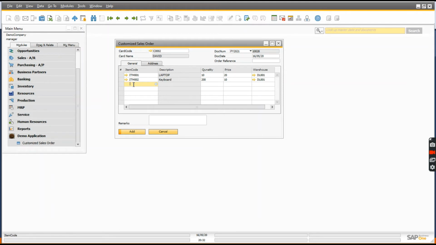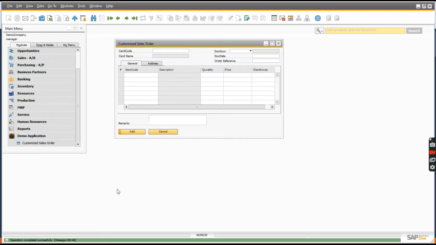Now we have added the validation, and at this time when we are going to add this document, before adding the document our validation code will remove the blank row and then we'll save it. As we have written this event on item press after event, let me press this add button and we'll see. You can see we have successfully added this document. So we have completed our second validation.